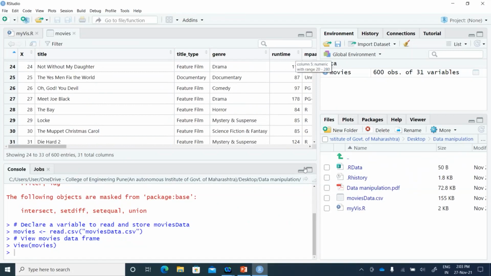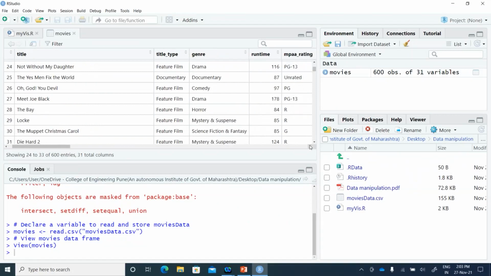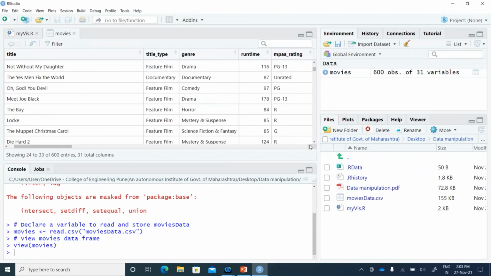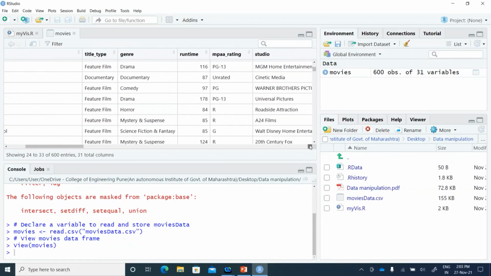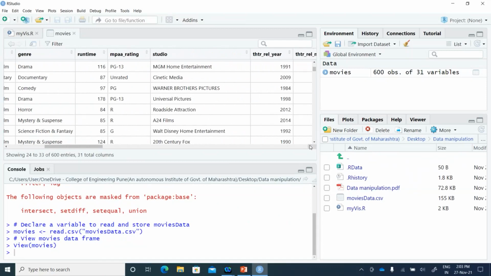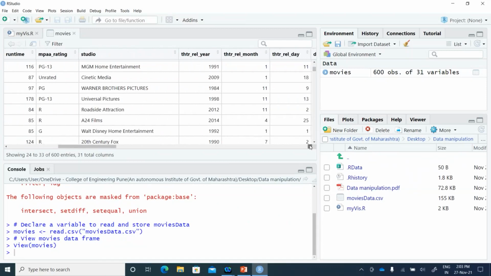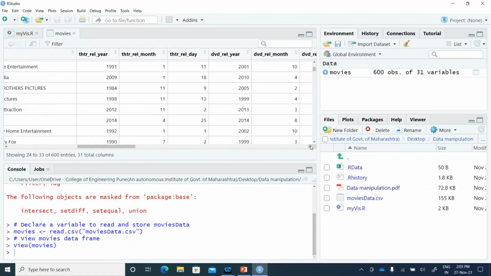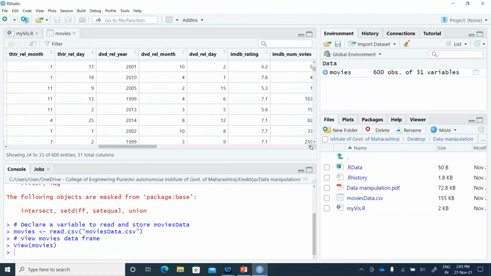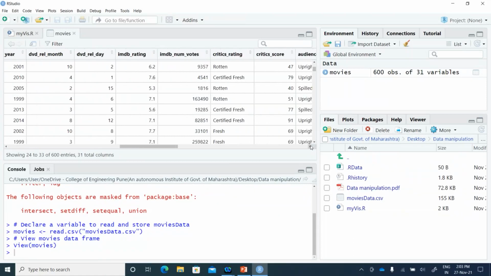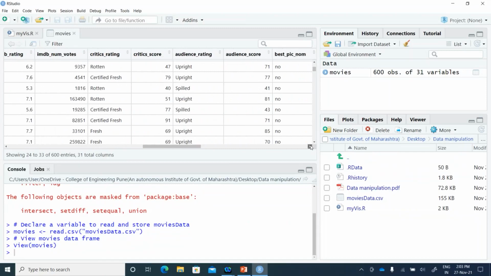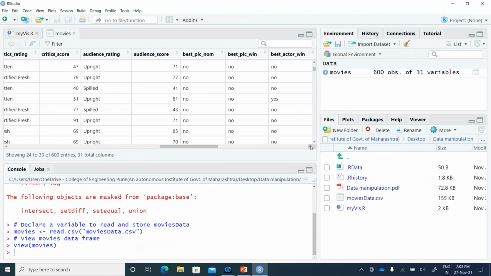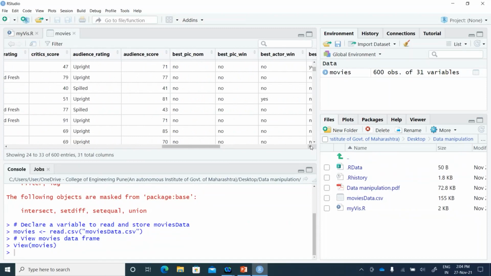So in fact, such genres are there. Then you have runtime, how long the movie is. Then MPAA rating. Which studio has created the movie? Then theatrical release year, month, and day. So basically, these three columns will comprise the releasing date of the movie. Then you can see the DVD release date, IMDb ratings, IMDb number of votes, critics rating, critics scores, audience rating, audience scores, best picture nomination, if that movie